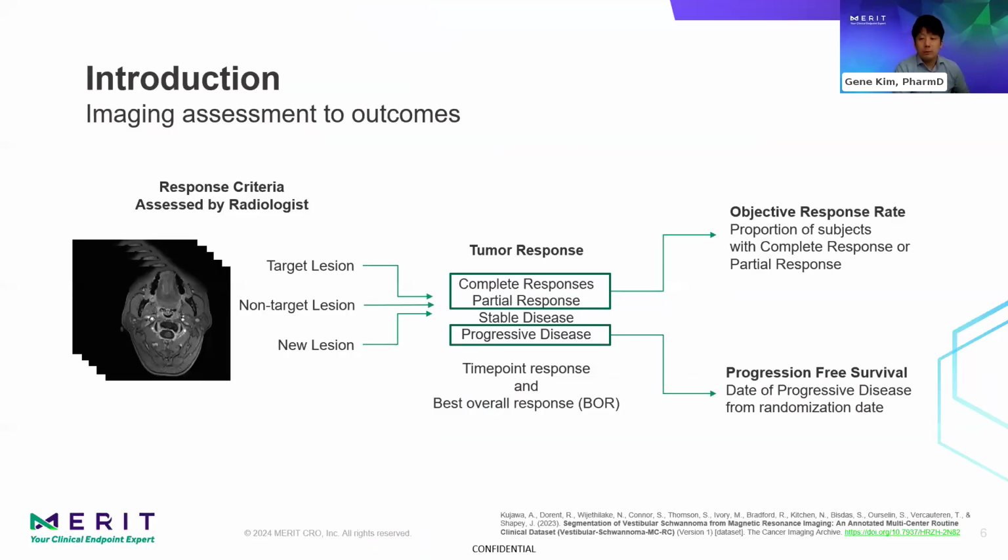This is a rendition of the prior slide into a little diagram of how images are interpreted based upon a tumor response criteria, and these values lead to deriving these outcomes. Basically, images are presented to the reviewer, then the reviewer will identify all tumor burden of a subject and perform assessment to report a categorical outcome of complete response, partial response, stable, or progressive disease. These four outcomes generally will serve as data to derive these common endpoints.